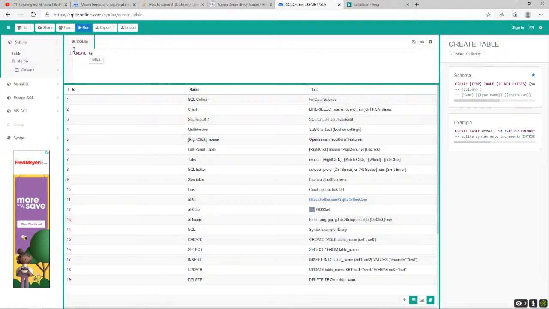Create table if not exists auctions where we have this.